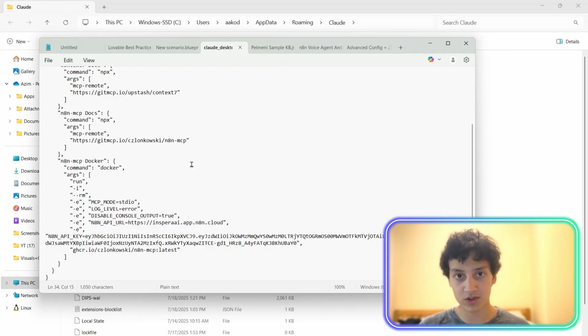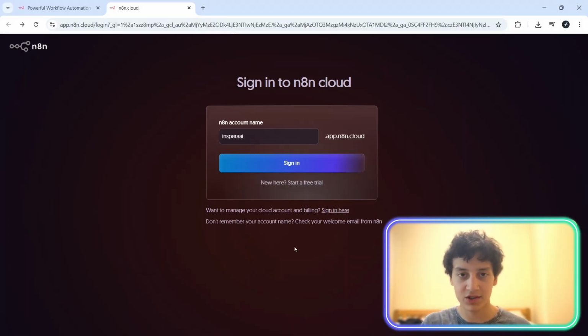The first thing you're going to do is get your n8n API URL, and essentially that is just the n8n cloud link that you use. For example, on the login page here, my cloud app is called inspireai.app.n8n.cloud. I'm just going to grab this link, add an HTTPS colon and 2 slashes before it,